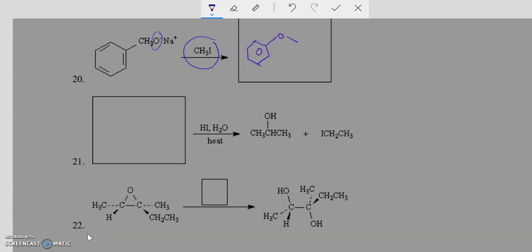Question 21 is talking about, we have a reactant here, and then it's reacting with hydrogen iodide, and then we are forming an alcohol and an alkyl halide. Well, what do you have here? What kind of structure here can we have and react with hydrogen iodide to get an alcohol and iodide? This is just a backward Williamson synthesis, right? So we should have an ether here, right? But this ether should be in a way that we're going to get the most substituted